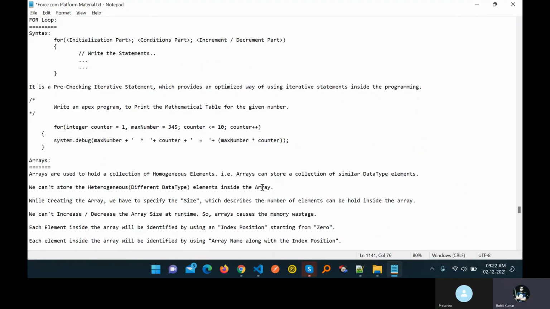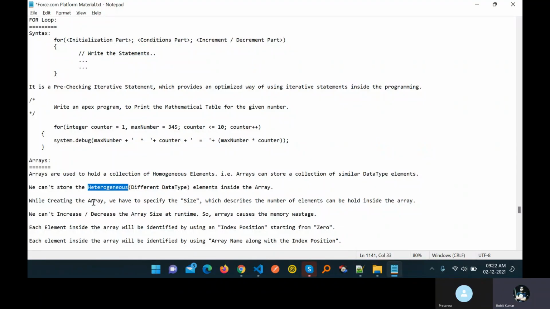You know data types, we already discussed data types. Primitive data types and non-primitive data types: integer, string, long, double, float. Yeah, these are all kinds of data types, right? So we can store only homogeneous elements, not heterogeneous.